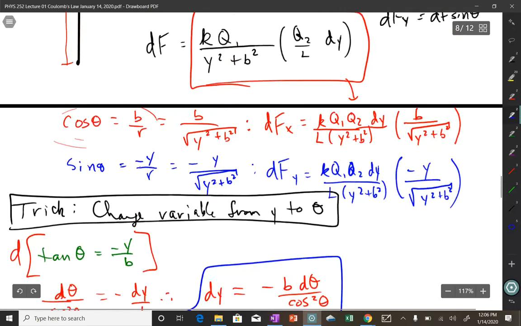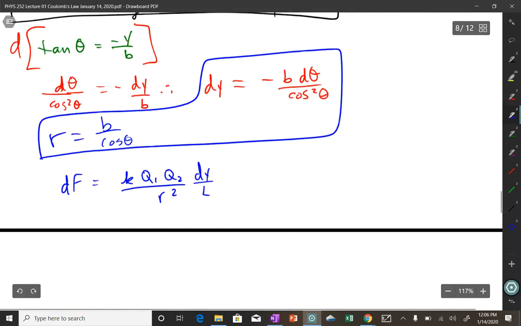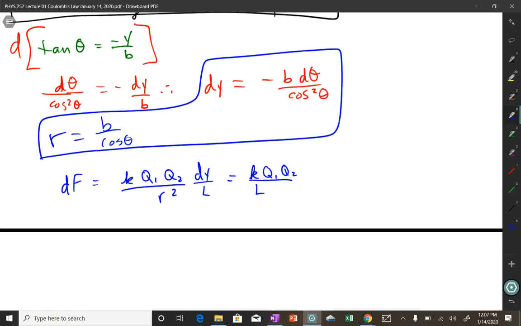That's just a rewriting of what's in this red box. And this here was r squared. Yes. And so I just put it back to r squared. Now if I make the substitutions, k q1 q2 I'm going to put over L out front just because it doesn't have a y or an r in it. And then I'm going to have, times,